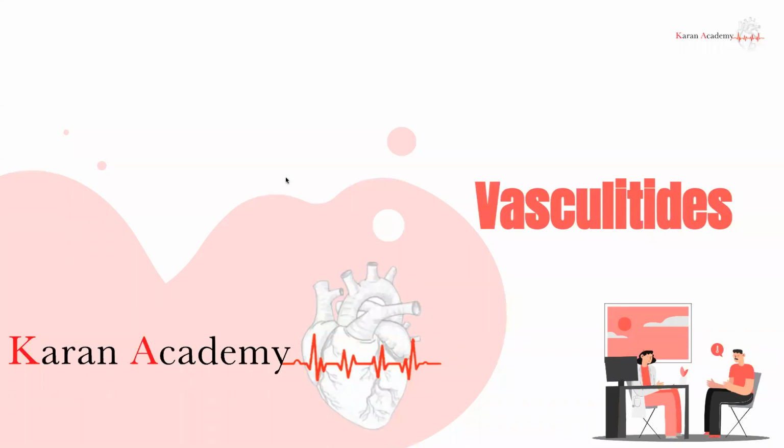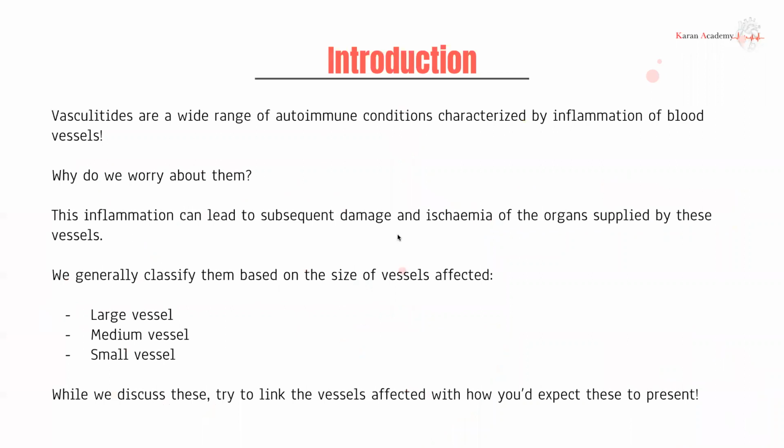Today we're going to be talking about vasculitides, which I recently learned is the plural form for vasculitis. So what is vasculitis? It's not an immune condition, it's a group of conditions characterized by inflammation of the blood vessel or vascular. Makes sense. Why is that important? Well, it's because inflammation is often going to lead to associated damage and ischemia of the vessels themselves, and therefore the organs or the parts of the body supplied by them.